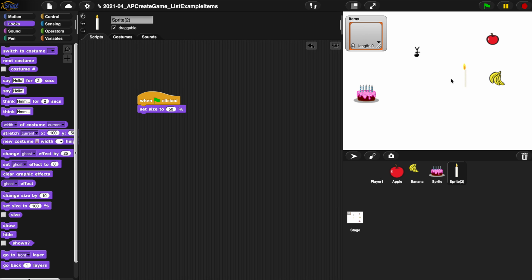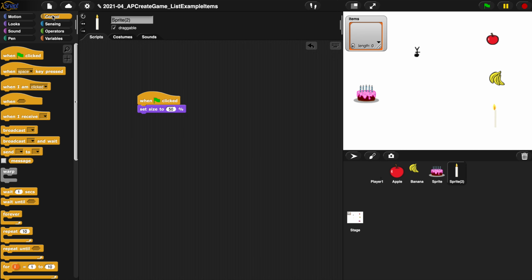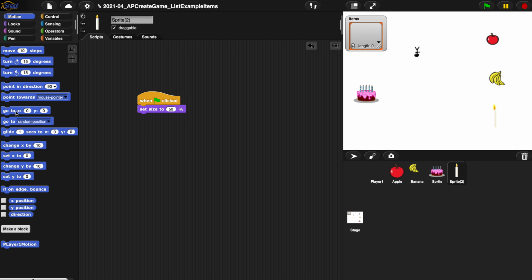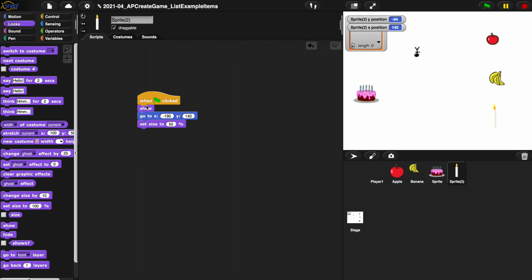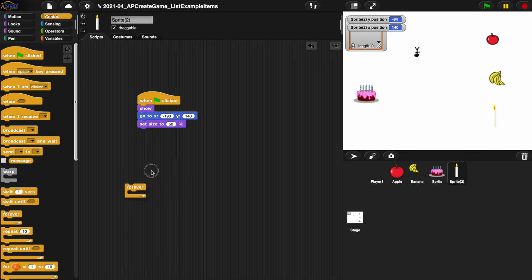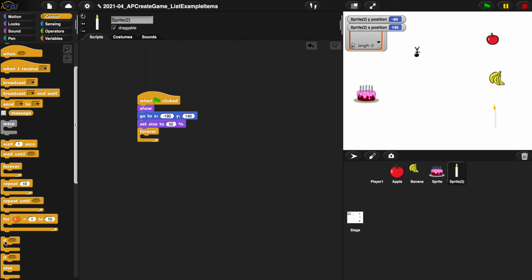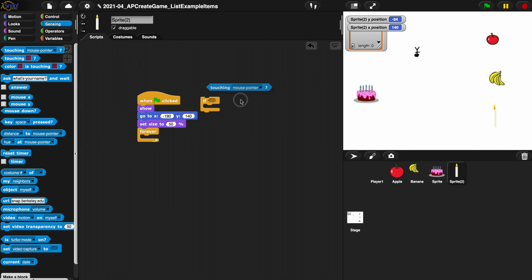Maybe I'll put the cake over here and the candle here. So then what I want to do is give each one a script. Let's just see what the X and Y positions are for the candle: -90 and 140. So it'll start at -90 and 140. And we'll always do a show as well. And it needs a forever loop and a conditional if touching player one. That means if I go and I grab it,